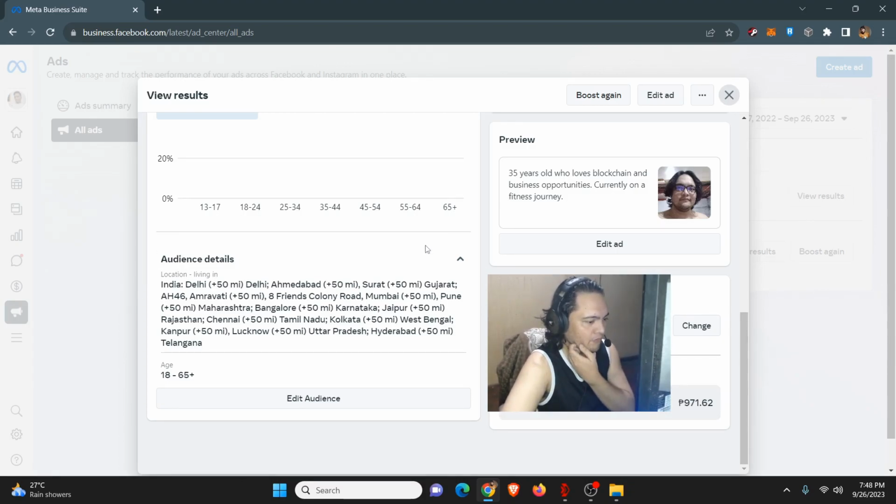The reason why it costs almost 2 Philippine pesos for a follow is that this is focused only on one country, and not the whole country. It's only focused on big cities in India. I don't know how many I tagged, but you can see the list here of the audience details, the age, 18 plus, in the big cities of India.